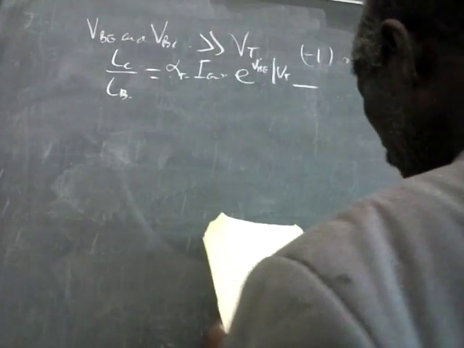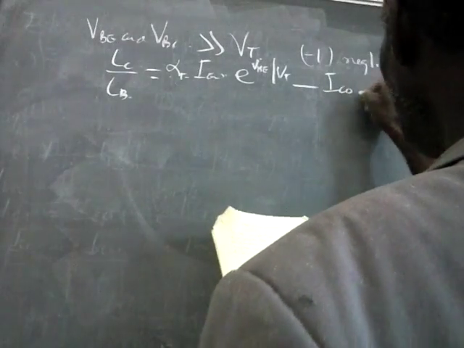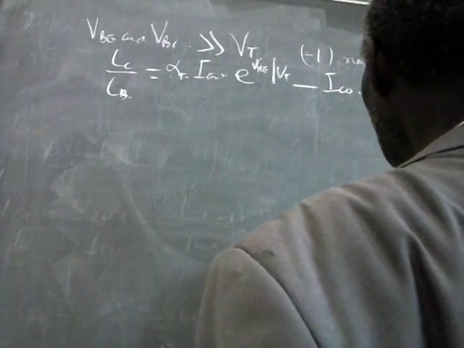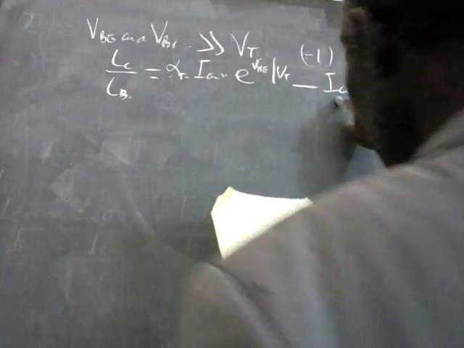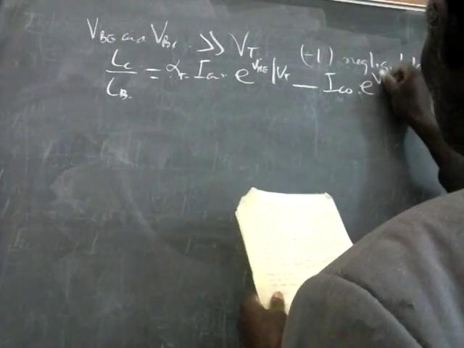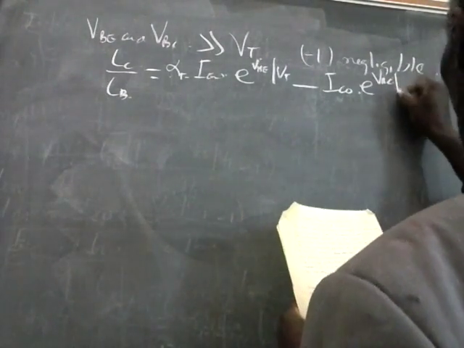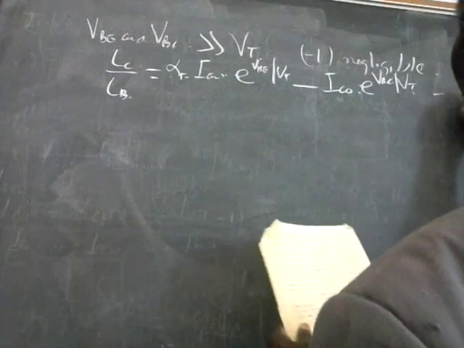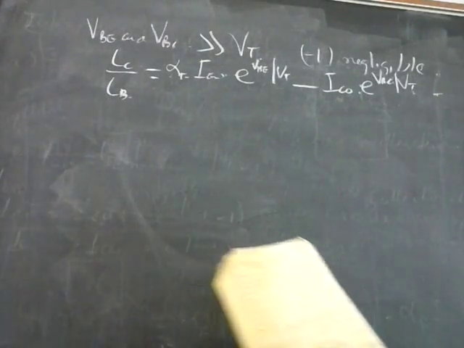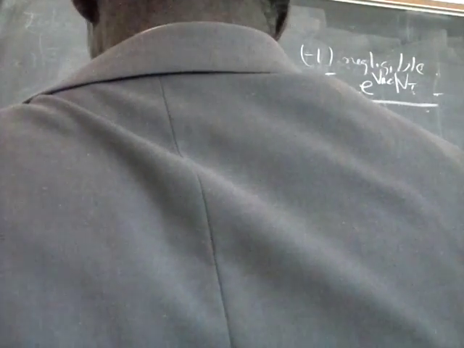And then the one is negligible, so we have a minus the diode saturation current from the collector, ICO, E to the base-collector voltage over VT. And then here again, the minus one factor doesn't count because we choose it in such a way that it is negligible. We go now 1 minus alpha